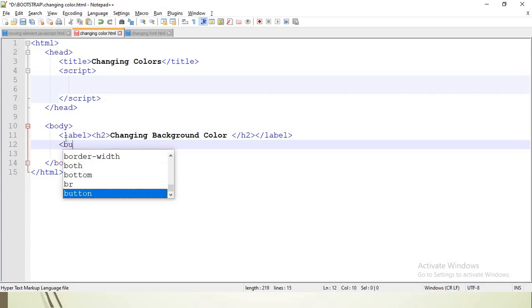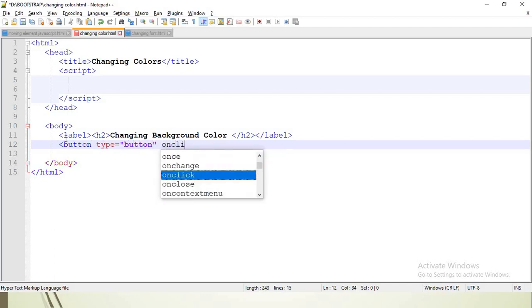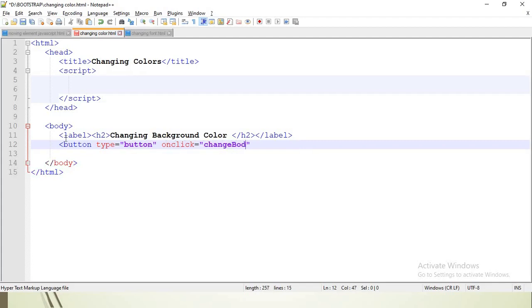I take a button tag here, button type equal to button, and onclick. Here also I am making use of the onclick event, and I am assigning the function changeBodyBg. This is the function I am declaring, and the value should be orange.